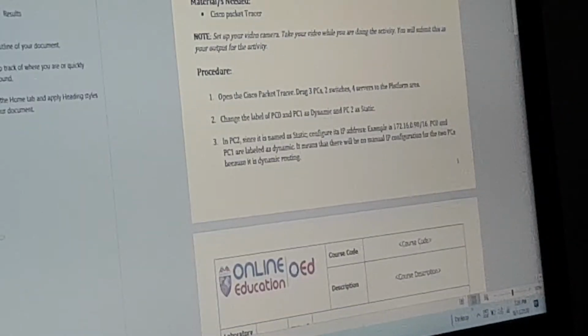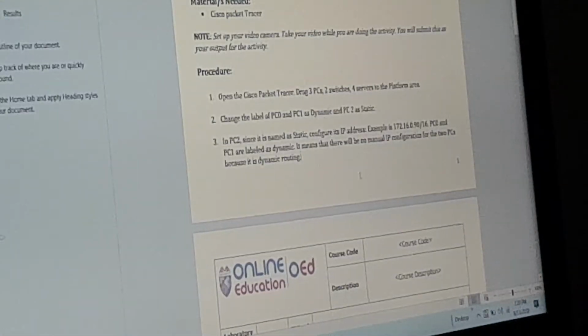Just click config, and the IP address is 172.16.0.90. So this is the IP address.